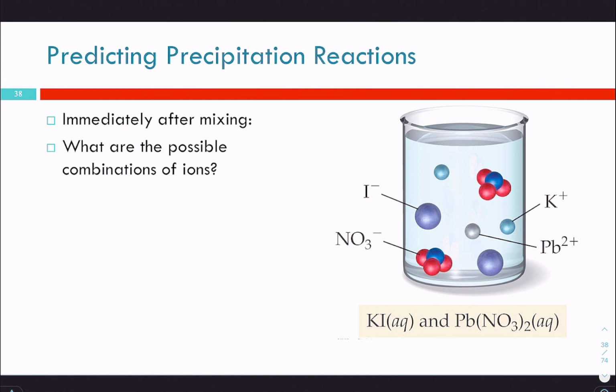You won't get potassium and lead. Those are two positive ions. Like charges repel, opposite charges attract. So our possible ions here, you can just start by writing out potassium. We started with potassium ion, but that's one of our possible combinations. Our other possible combination for potassium would be nitrate. And then we can write out our lead. So one possible combination would be lead iodide,